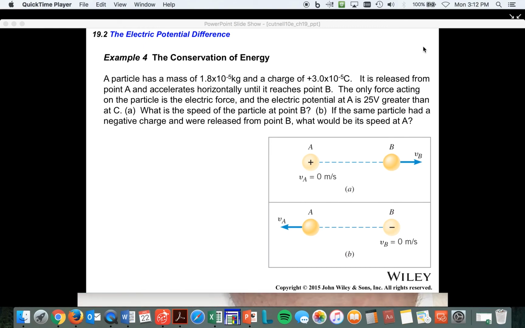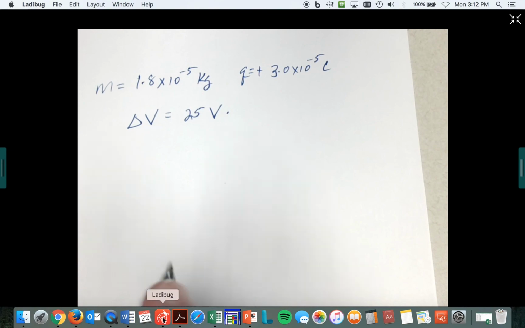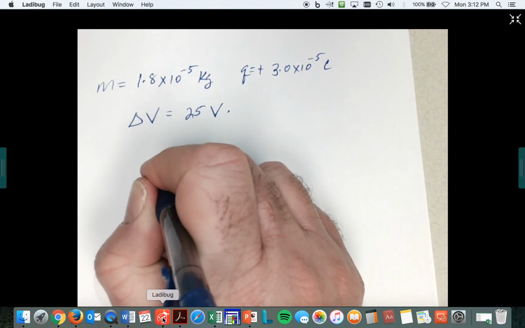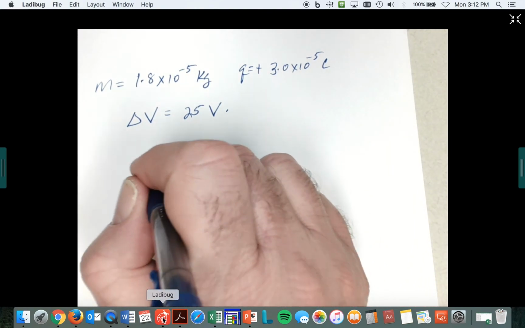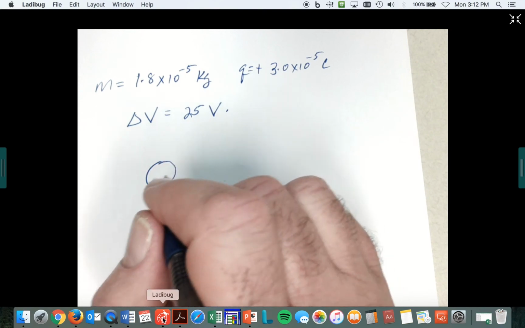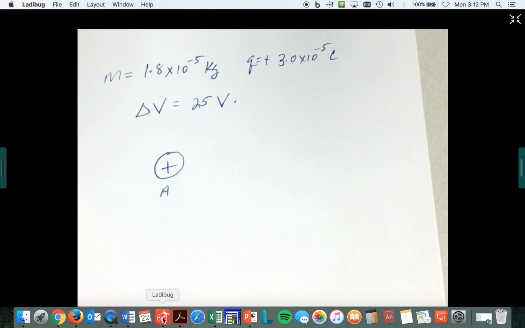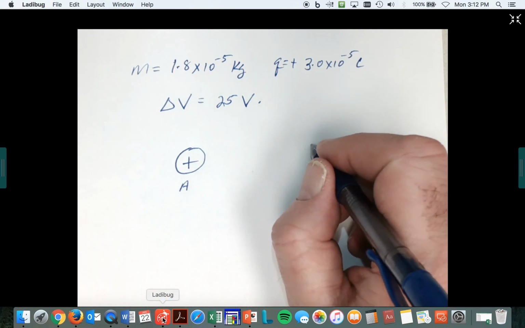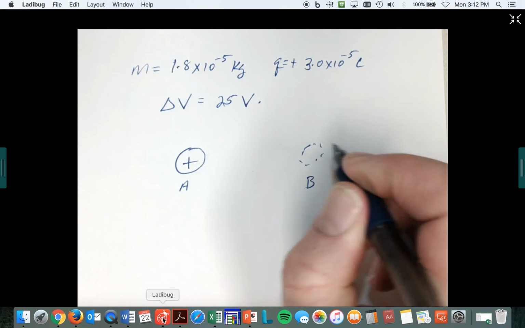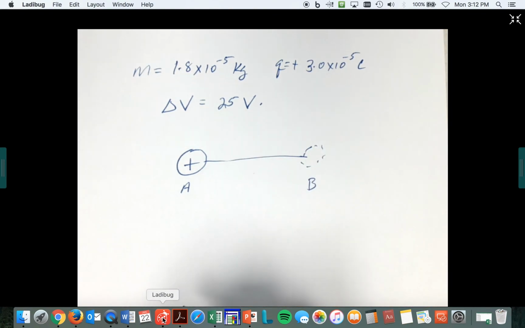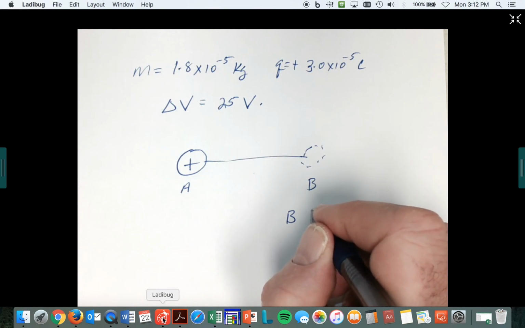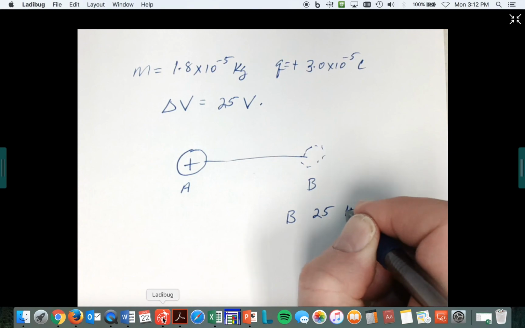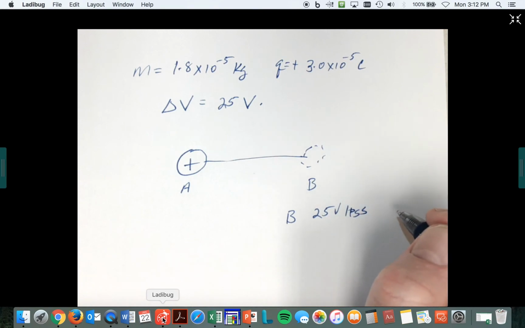The only force is the electric force. All right, so let's just draw it. Let's take a look at it. Here we go. So we've got this. It's a point A here, and it's a positive charge. Okay. And if the potential down here at point B is 25 volts less, then